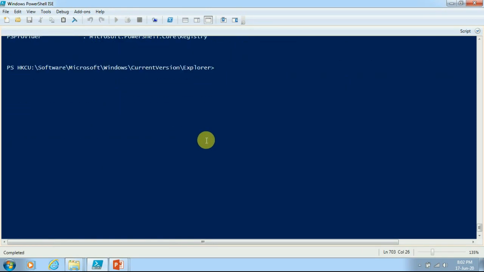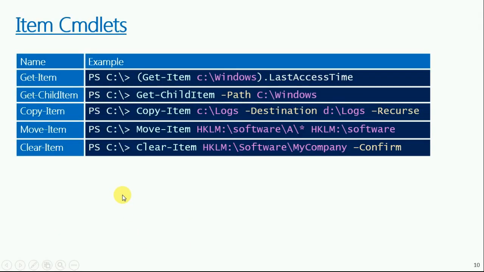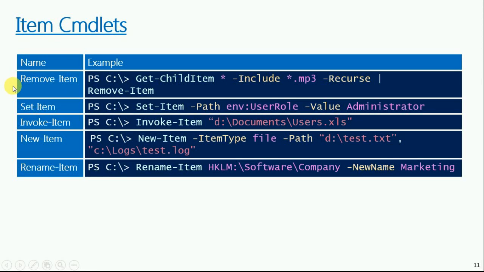So I have shown you a few examples, but if you want to explore more, I have got some examples for you in the PPT. To work on the items, we have some more cmdlets, like Get-Item, Get-ChildItem, Copy-Item, Move-Item, Clear-Item, and after that we have Remove-Item, Set-Item, Invoke-Item, New-Item, and Rename-Item. On the right side you will see that every cmdlet has some examples.